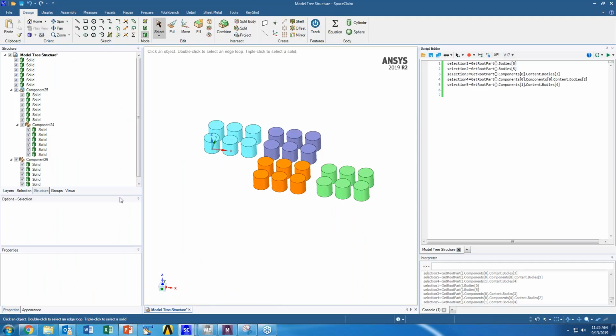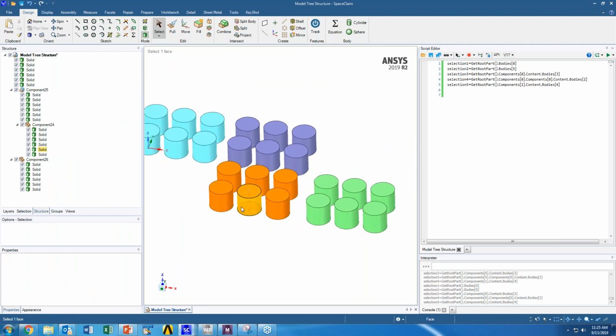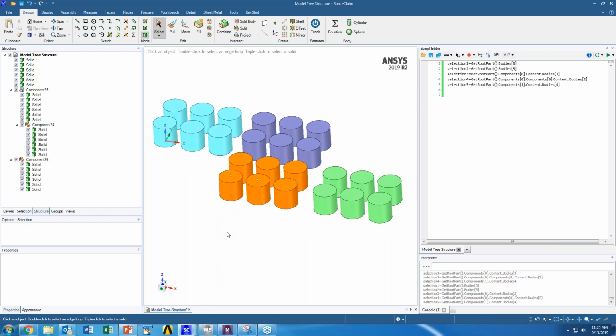So I essentially have the feature tree that I just showed in that slide actually in SpaceClaim. It's just a bunch of cylinders, nothing too riveting here. But you can see in the right-hand side of my scripting tool, I've created 5 different selections, using the code I just showed you. If I run this script, it's not going to generate anything. But what I can do now is hover over the selection, and I'll identify what body is associated with each of those selections.